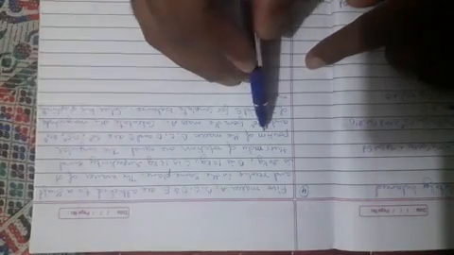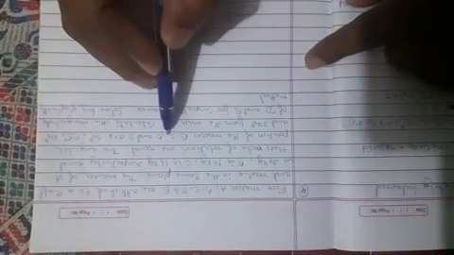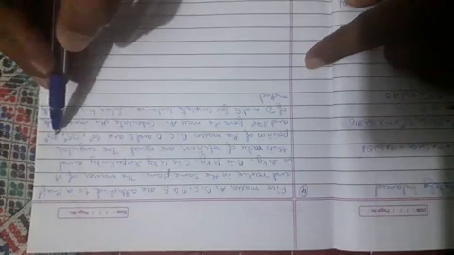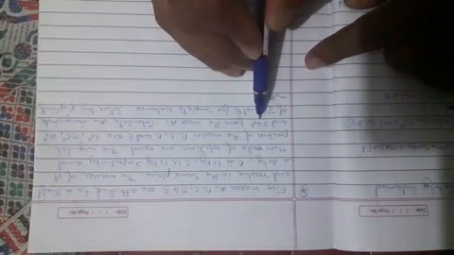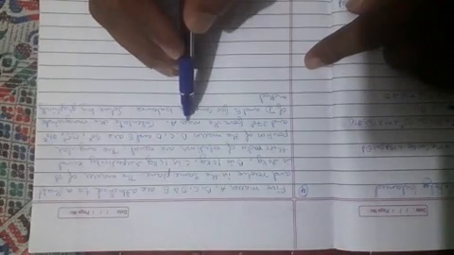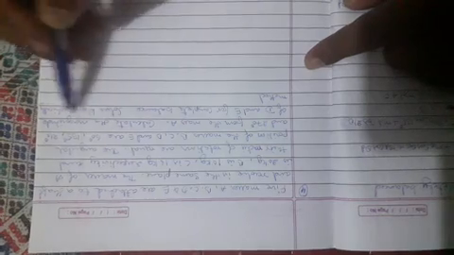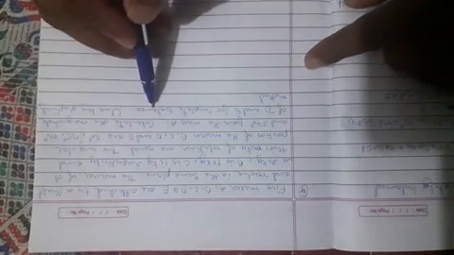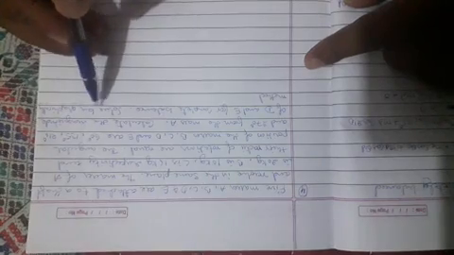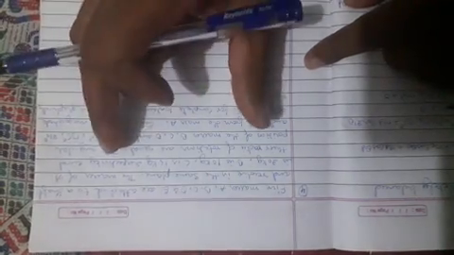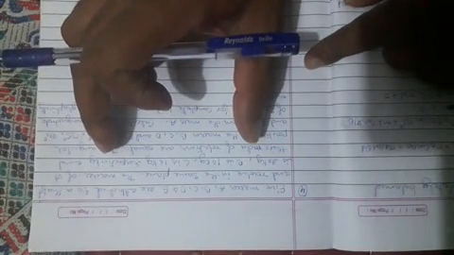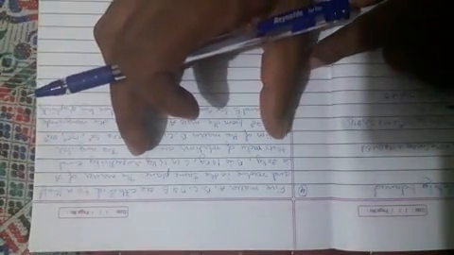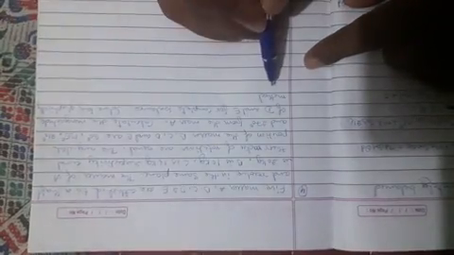The angular positions of the masses B, C, D and E are 60 degrees, 135 degrees, 210 degrees and 270 degrees from the mass A. Here it is required to calculate the magnitude of D and E for complete balance and solve by the graphical method. The same problem I solved in the previous video by the analytical method. Here I am going to solve it by the graphical method.